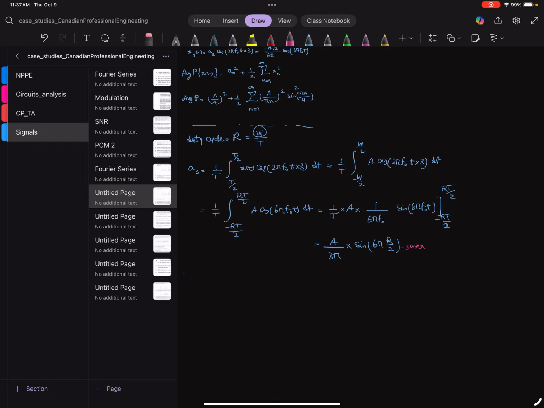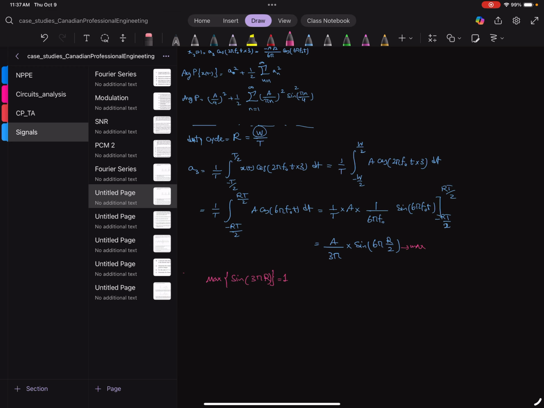Let's write it this way: max of sine 3 pi r. I'm just worried I made a mistake here somewhere. I don't think so. Sine 3 pi r